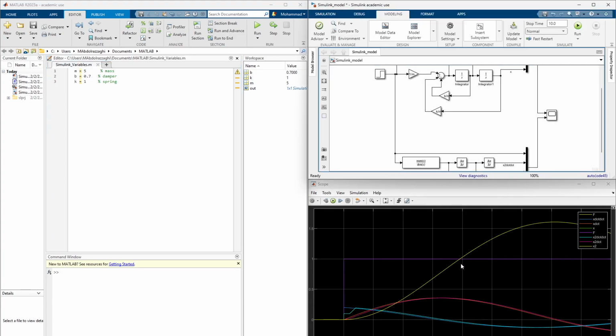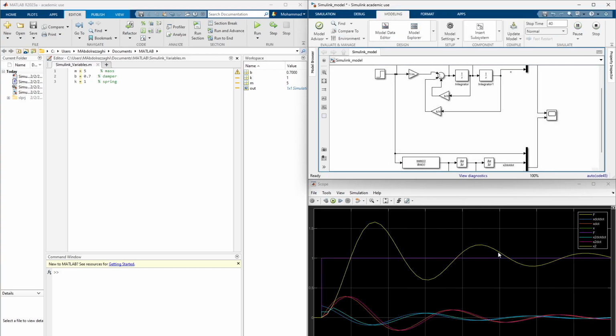And now we can see that the response in the time domain is going to be shown at the bottom right, with the time that is not fitting in our scope. So the stop time at the top right can be expanded a little bit to probably 40 and then run it again. That would give us enough time in the time frame so that we can have our results at the bottom. And with this, we can see how different parameters of m, b, and k can affect